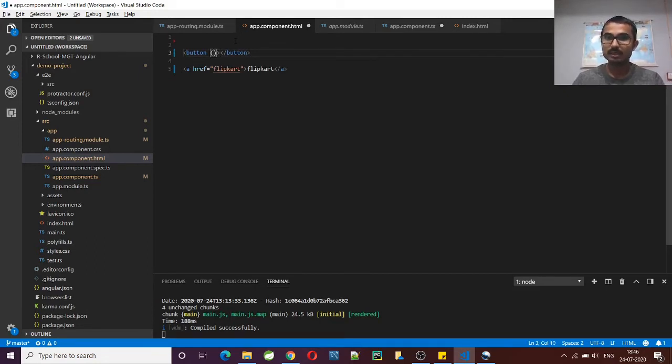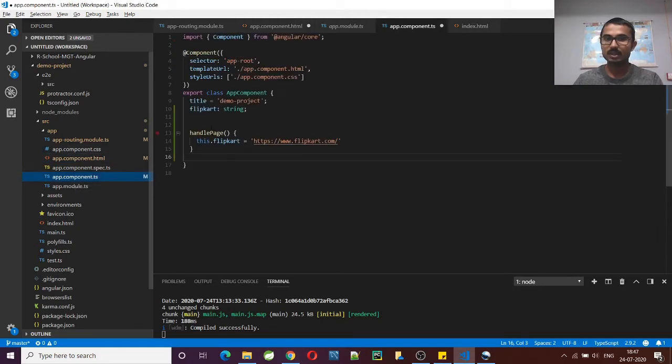Whatever is in there would be the built-in events in Angular. If we want to handle the click event, we just specify click. This is already built in, and on click of this button I'm trying to call the method I have created here.